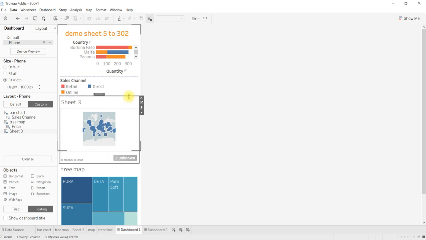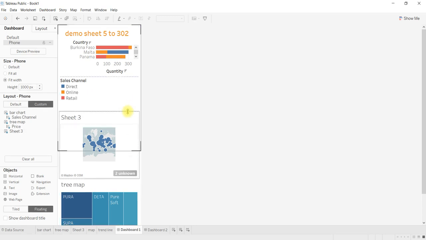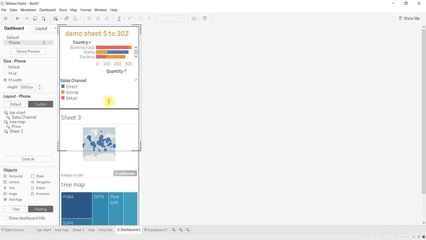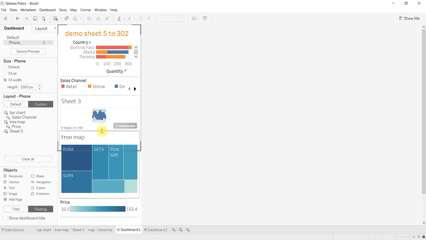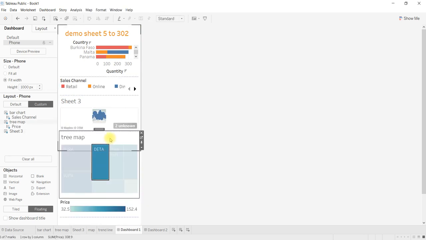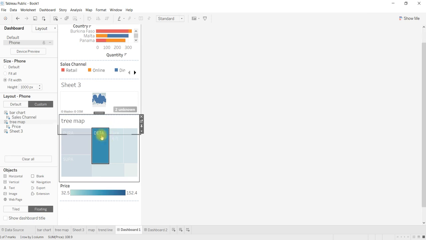Okay, this particular thing you can reduce. By reducing them, you can fit it to a particular mobile phone.